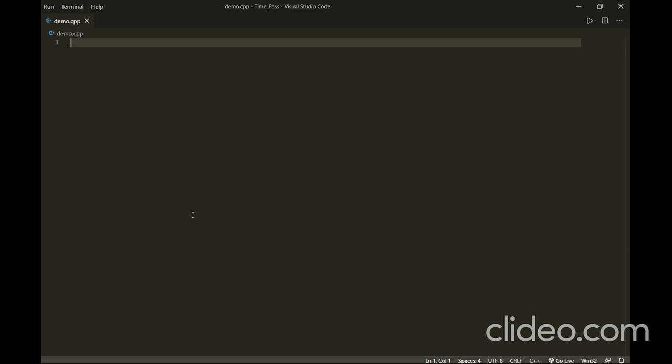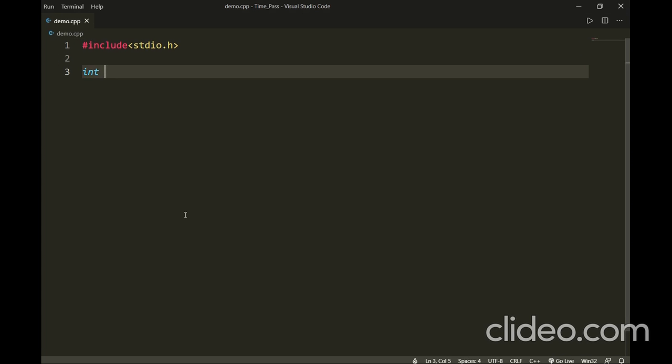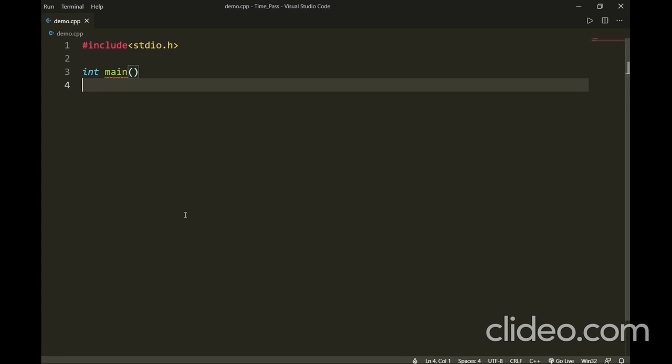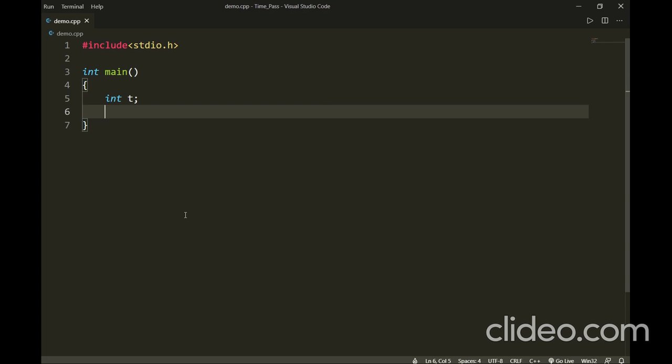So guys, now let's code the program for this question. First let me include the header file, hash include stdio.h. Then I will create a main function, int main. Inside that, first I will accept the number of test cases, int t, scanf percentage d comma ampersand t.